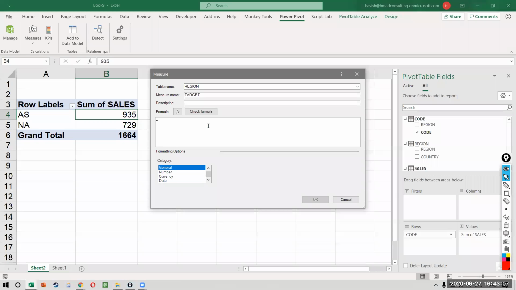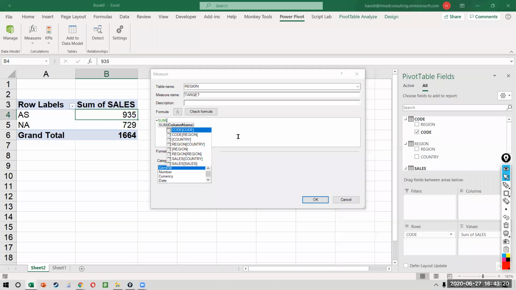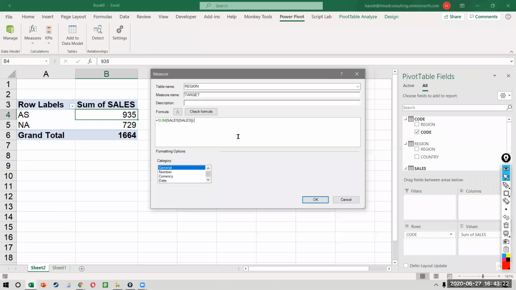The new measure is called target. And remember, these formulas are not Excel formulas, these are DAX formulas. So I can say the sum of sales into 1.1, like this, okay?